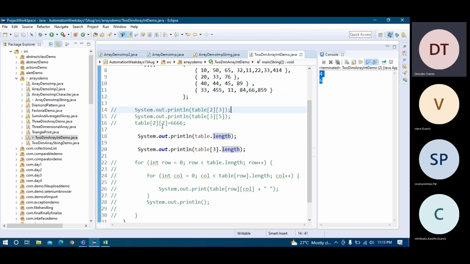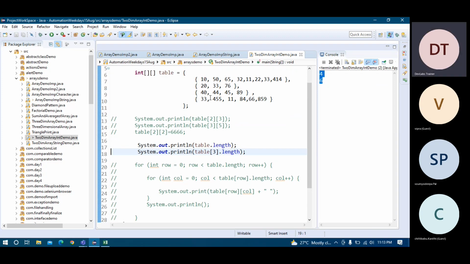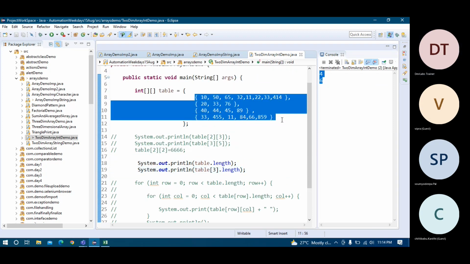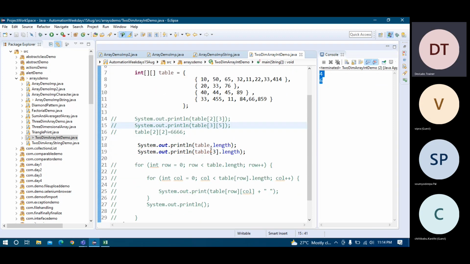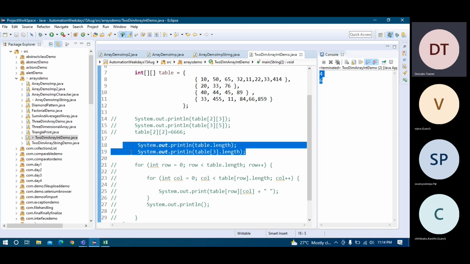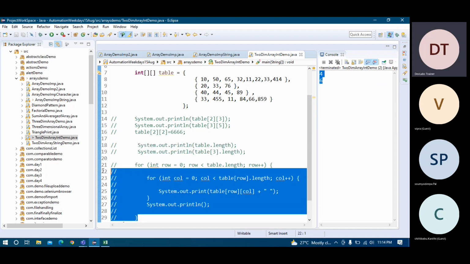So it's coming, right? Now there is no confusion, because you have understood this part, then you will understand this loop. You see here, I have to print this array. So how to do that? Let me comment this part because it is just for basic understanding. If you understand this, then only you will understand line number 21 to line number 29.